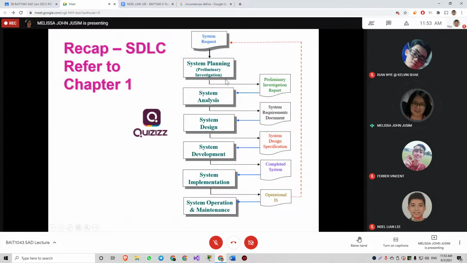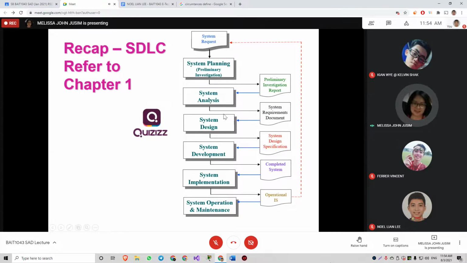Okay. So what we have covered so far, the first phase, second phase. The second phase is where you learn about fact gathering or fact finding first, and then in chapter 4 we covered the fact recording, right? So everything that is gathered will be properly documented in a SRD, the system requirements document.